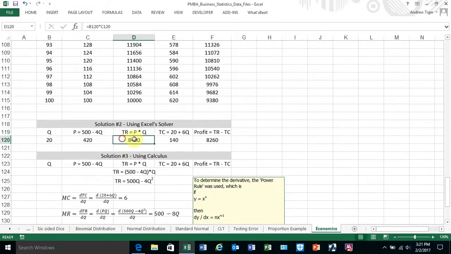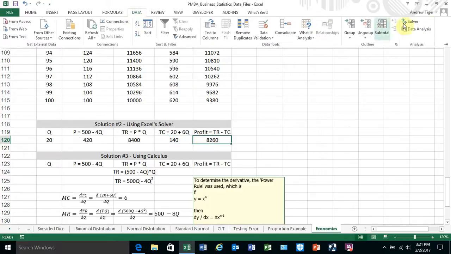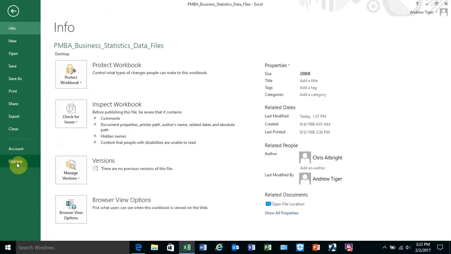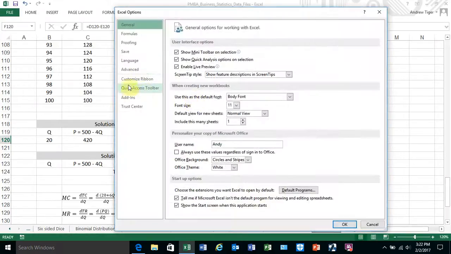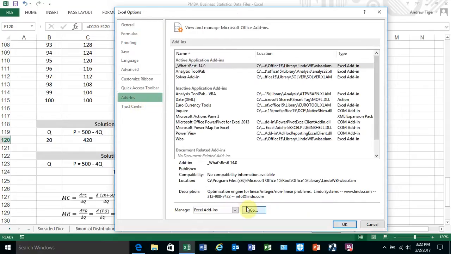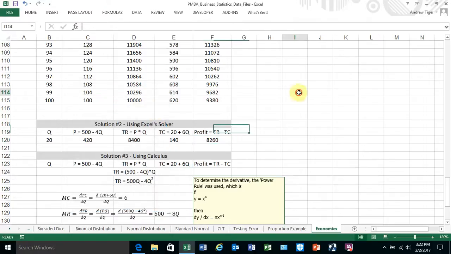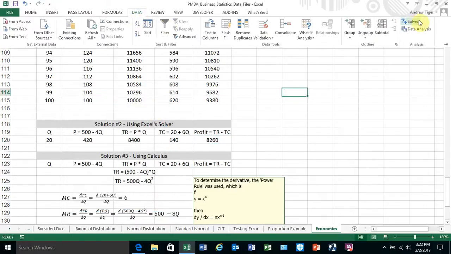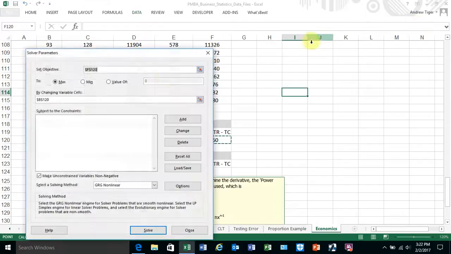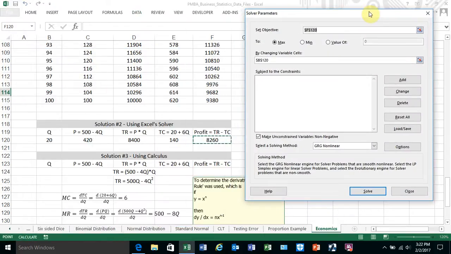So the same principle, these are the formulas we just talked about, but now we're going to use Solver. Solver is an add-in to Excel. If you go under File, Options, look at Add-ins. If you select the Solver add-in, then under Data, Solver, a form pops up, and it is a form that